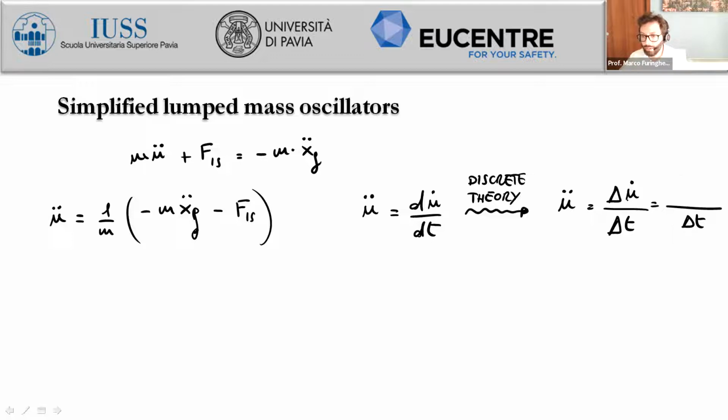And the variation of the relative velocity is equal to the relative velocity at the ith time step minus the relative velocity at the ith minus 1. Okay. We can say this rather than the first velocity corresponding to the ith plus 1 and the second to the ith. The meaning is always the same. So if we use this expression, which is the discrete one, the variation quotient, we want to switch from this definition, which is continuous, to a discrete one. And so we will get